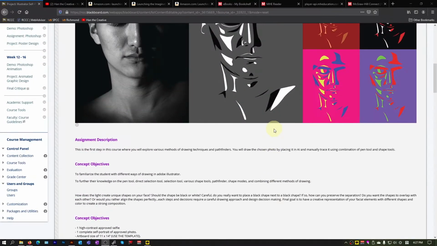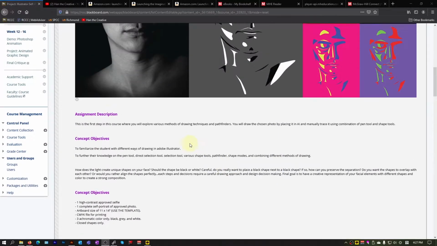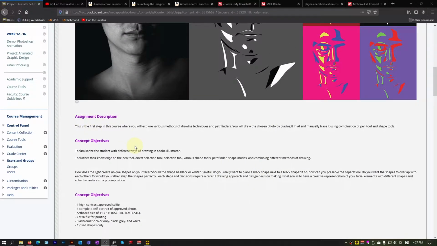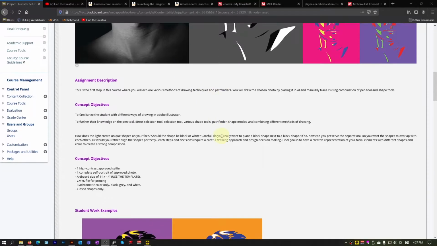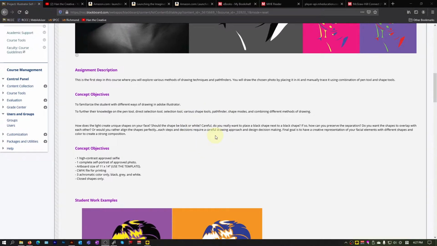So this is the project. This is the work example that I created. And if you go down, you can see the assignment description and concept objectives. The objective is to familiarize students with the basic tools of Adobe Illustrator, and at the same time the workspace of Adobe Illustrator. And if you go down, students also need to learn how